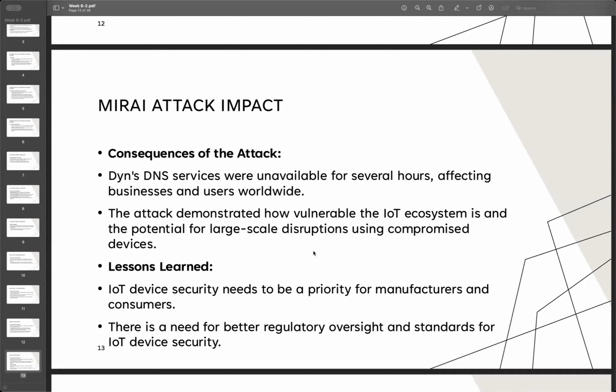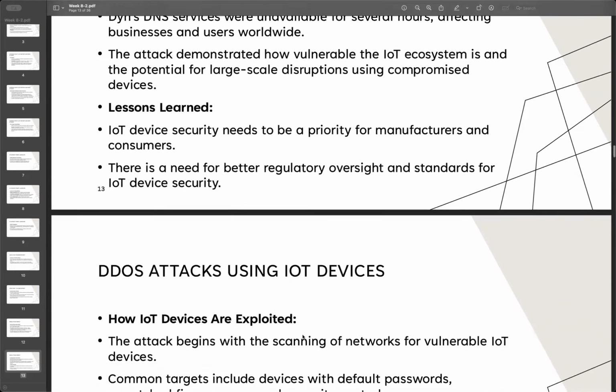And then the next part, as a user or developer, for our simulation, always try as a first step to change your default password or user name. That can be the first step to prevent this. And when you set up your router, always try to use HTTPS, which uses TLS or SSL for communication, so in-transit data is protected. There are also sometimes regulatory oversight or standards for IoT devices.